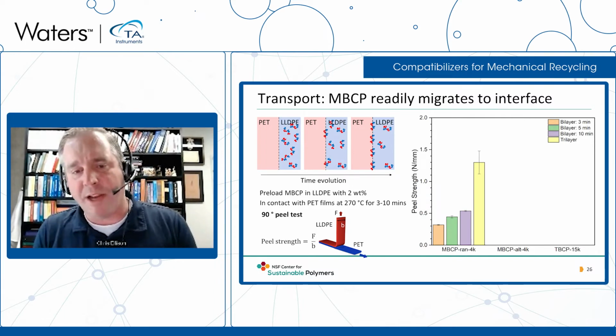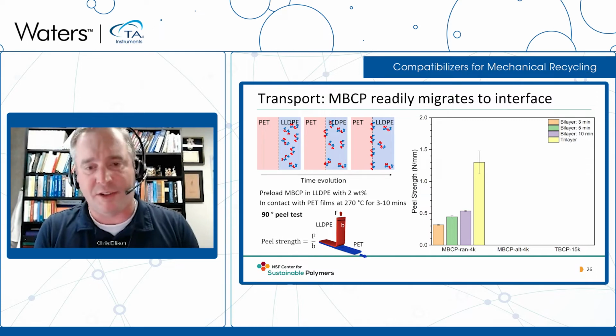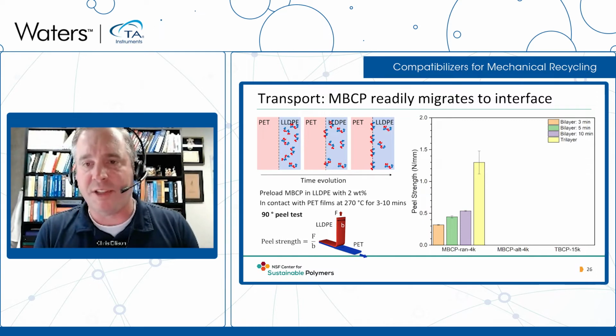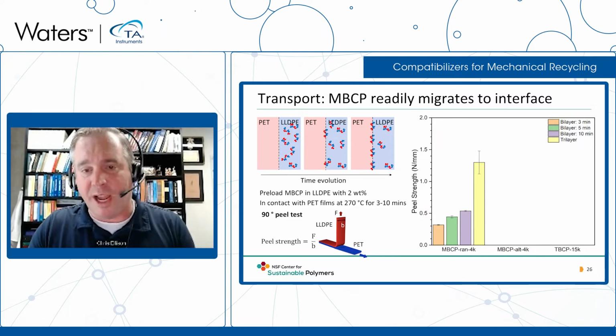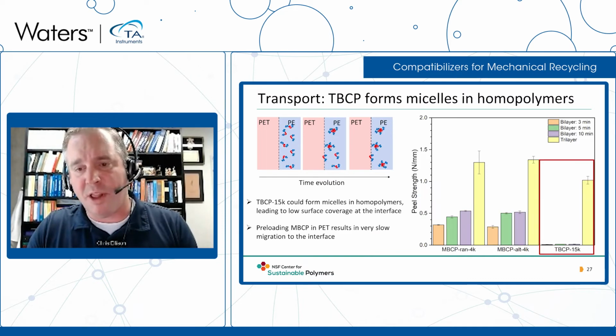And for the random 4K, you see this ramp up, of course, where the material has to diffuse or transport to the interface. It doesn't quite reach the coverage that it does when we make these tri-layer laminates. So the peel strength isn't quite as high. It's not so surprising. The alternating 4K looks somewhat similar to the random, but the tri-block copolymer really struggles to